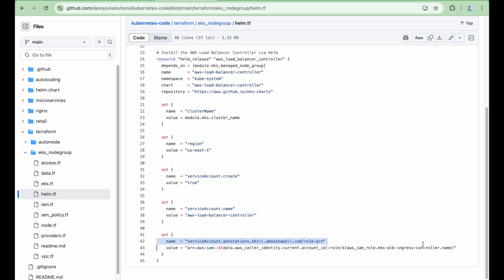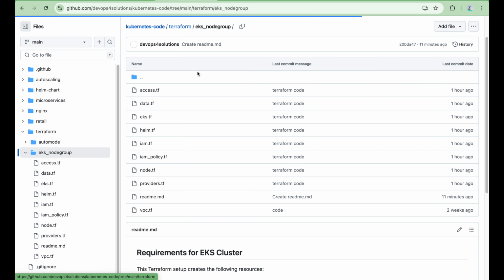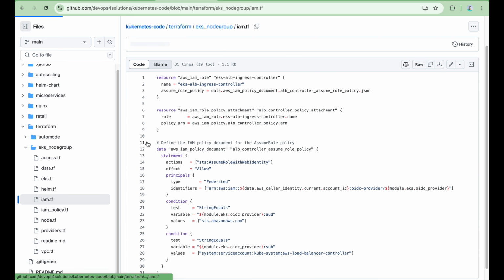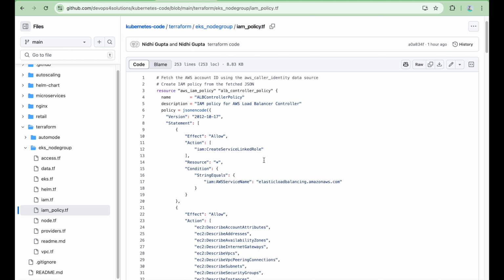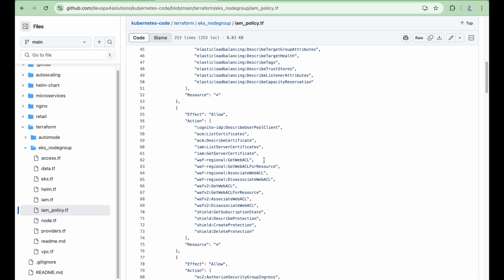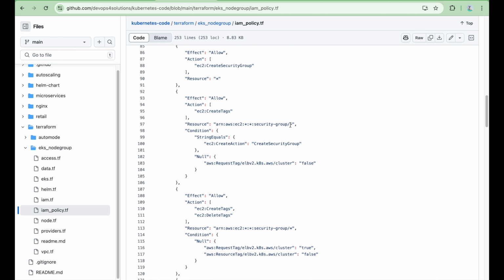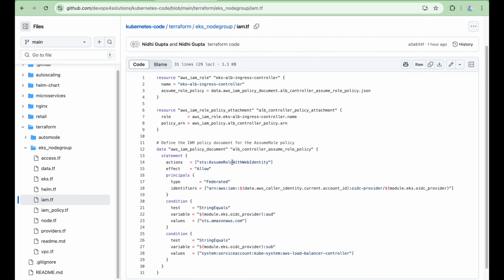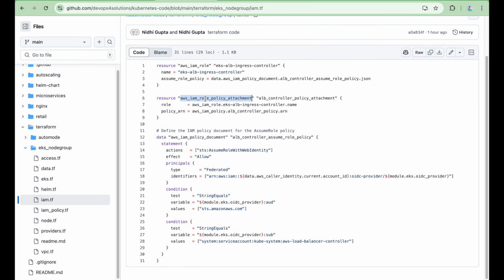And this particular IAM role that I was talking about, for which we have to create those OIDC providers and the permissions. So this is where I created this ingress controller IAM role, and this is the assume role policy. So here if you open this IAM policy, this is all from the AWS documentation, so I have provided it here. So whatever permissions that particular role needs, I have put there. And then if you go to IAM roles, you are just attaching that policy. And then this is the trust policy.